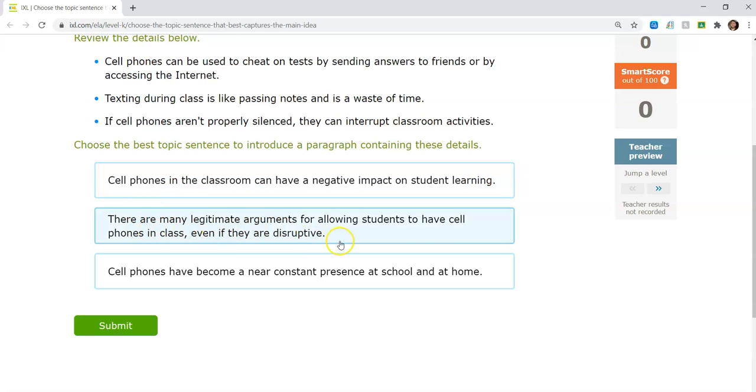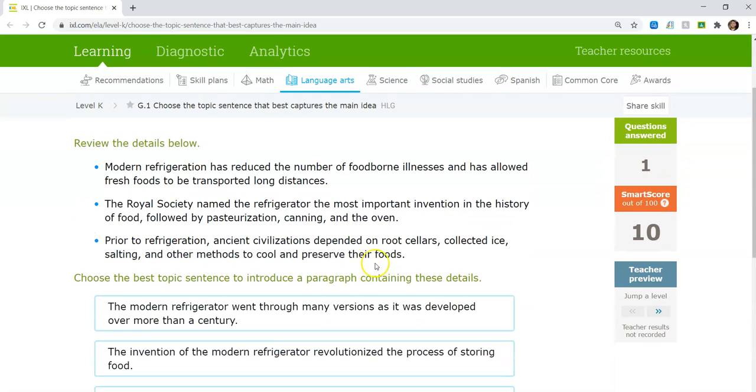There are many legitimate arguments for allowing students. Doesn't really say that. Cell phones have become a near constant presence at school and at home. Might be true, but this is really about the impact. Okay, another one. So, modern refrigeration has reduced the number of foodborne illnesses and has allowed fresh foods to be